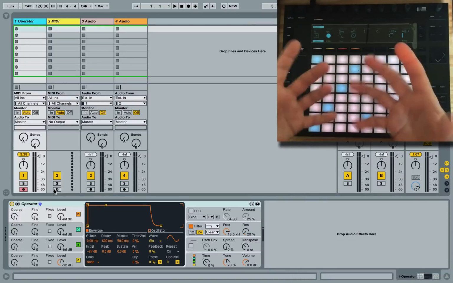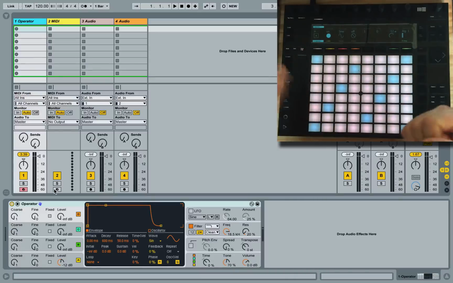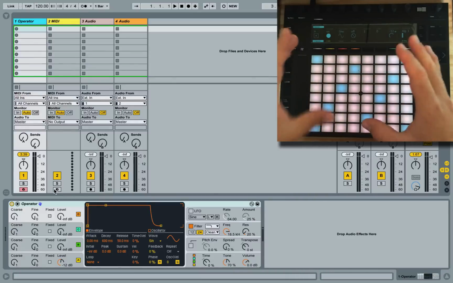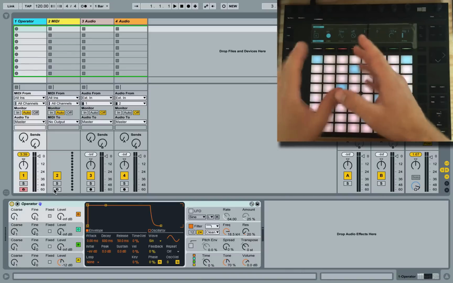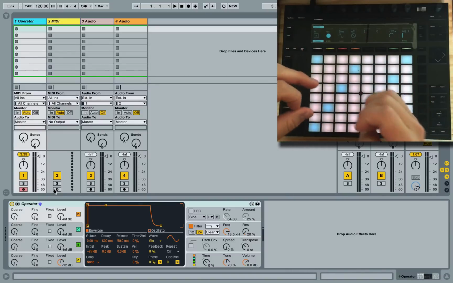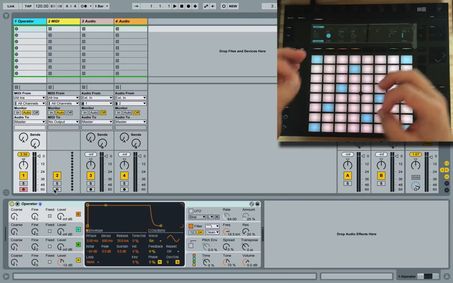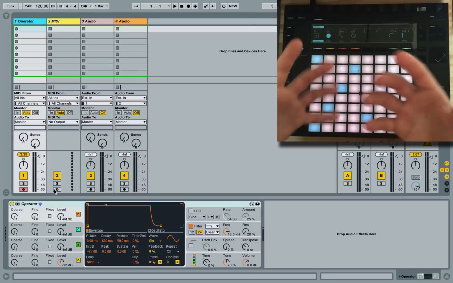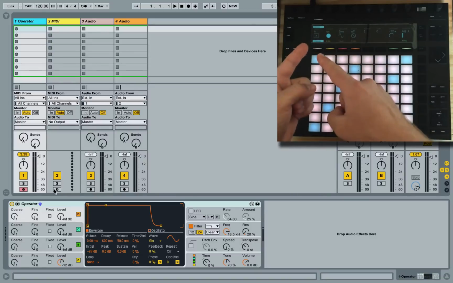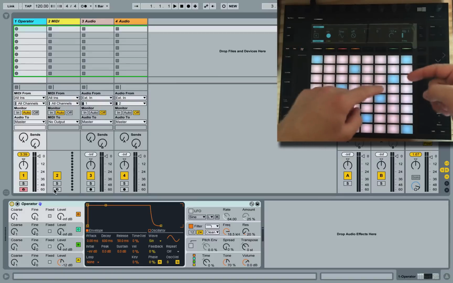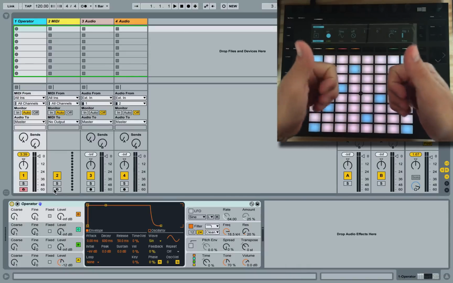Using these in their intended way, we can get warmer, fatter sounds out of our digital world. But what I want to talk about today is how we can use this in a way that's actually really common in the analog world, especially when you think about modular synthesizers. A little unknown or untalked about feature is that when we switch out of this clean mode into an analog modeled filter circuit and we boost the resonance way up,